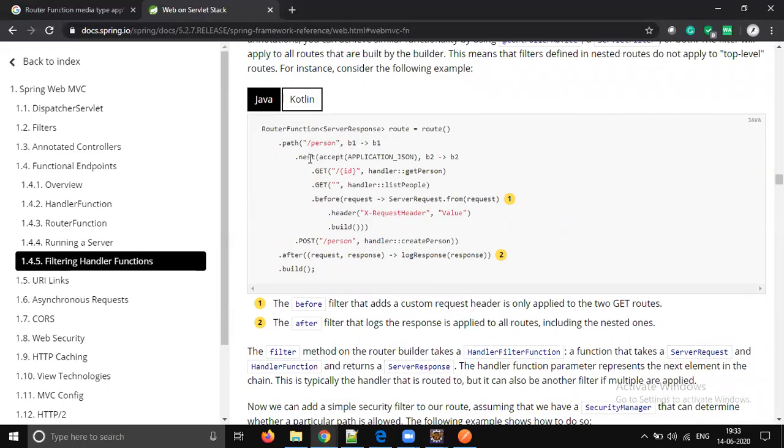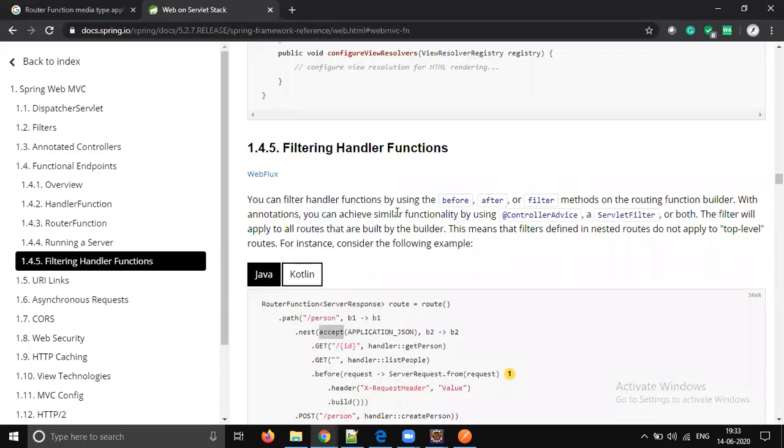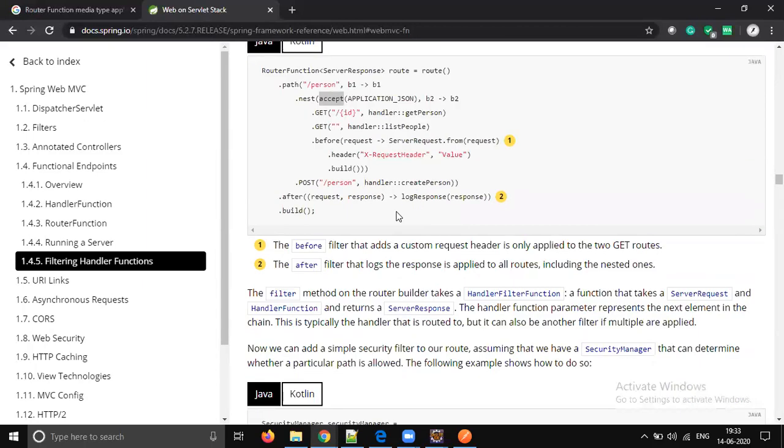Yeah, when it is nested router, the first one is JSON, second one is some response, right? Server request from request header build. Get. This we need to see. Handler function, filtering handler functions.